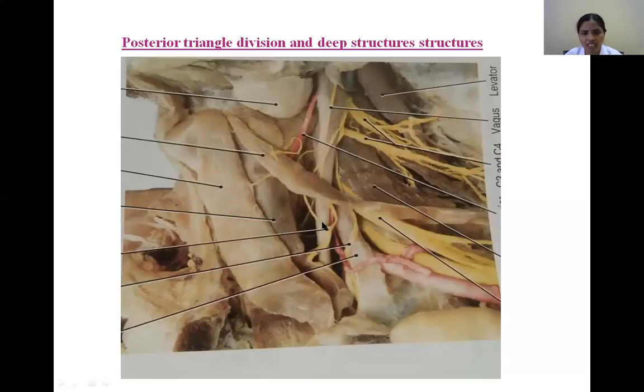And this is a deep dissection. You see, the posterior triangle is further divided by means of the inferior belly of omohyoid. Please follow the cursor. This is the inferior belly. So by this inferior belly, the posterior triangle is further divided into the occipital triangle above and below the supraclavicular, otherwise called the subclavian triangle. So why is this triangle named subclavian? Because of the structure, this is the subclavian artery.